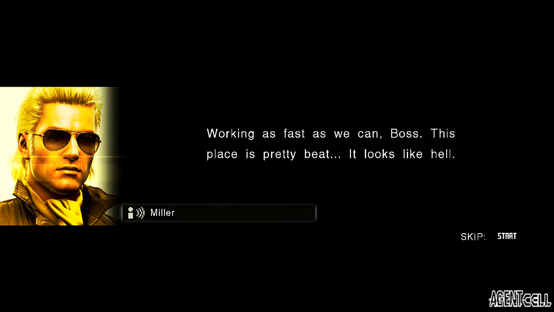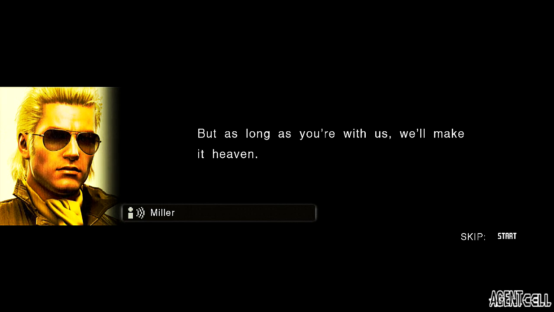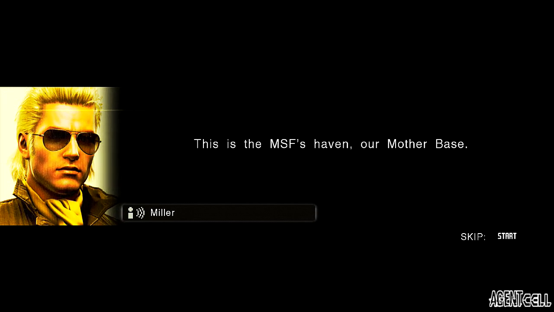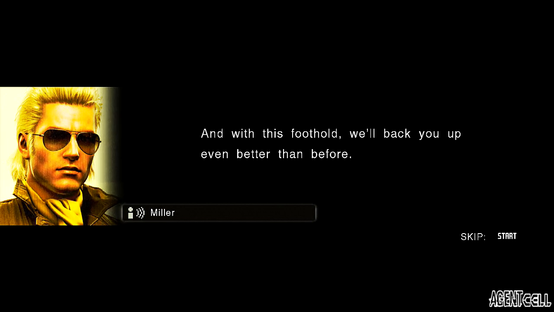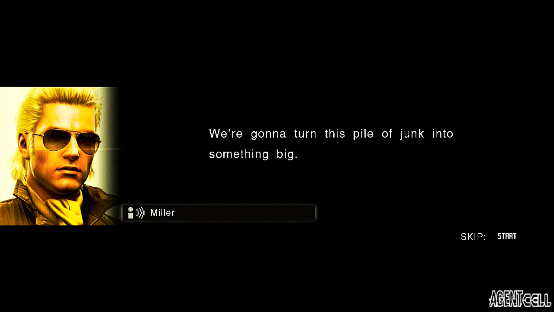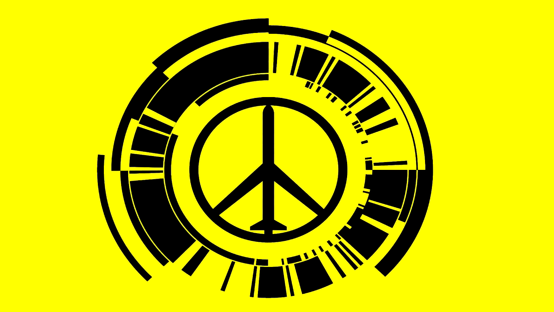Repairs? Working as fast as we can, boss. This place is pretty beat. It looks like hell. But as long as you're with us, we'll make it heaven. No one can bother us here. No state telling us what to do. This is the MSF's haven, our mother base. And with this foothold, we'll back you up even better than before. We're gonna turn this pile of junk into something big. When heaven says